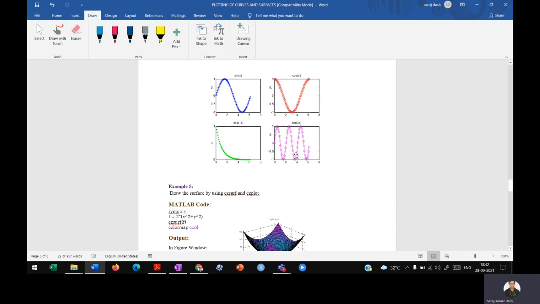The entries are 1 1: first row, first column; first row, second column; that type. So based on how many figures you want to draw in a single window, you use the subplot command. In that, you can mention how many parts you require. So I'm going to use the subplot command to divide the window into 4 parts.